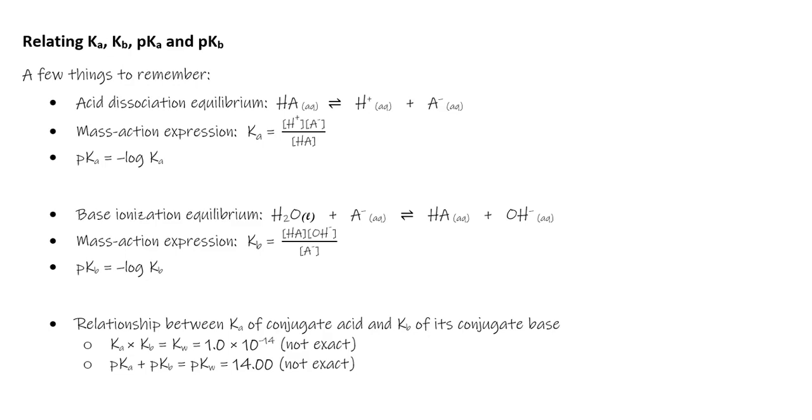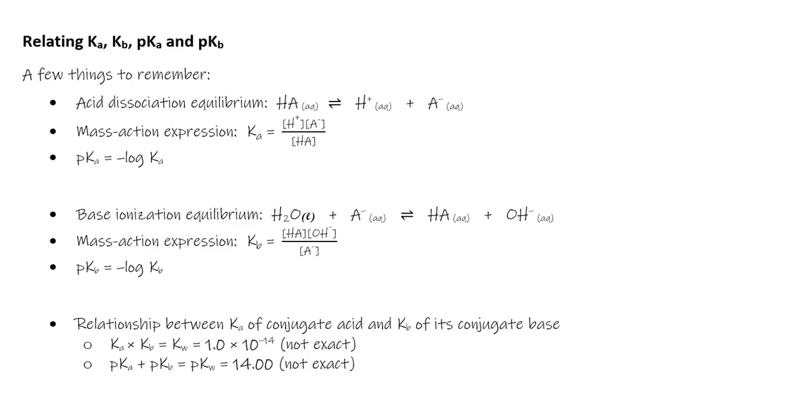A weak acid undergoes equilibrium to dissociate into H+ and its conjugate base, which we're writing as A-. We can write a mass action expression for this equilibrium following our usual rules. Instead of Kc, we call the equilibrium constant Ka, which stands for acid dissociation constant. We can also apply the mathematical operation p of x equals negative log of x and convert between Ka and